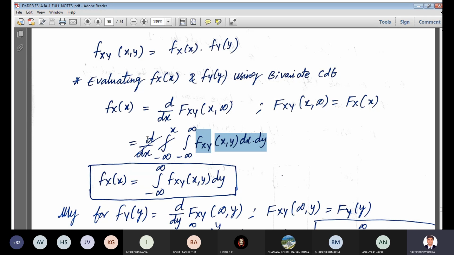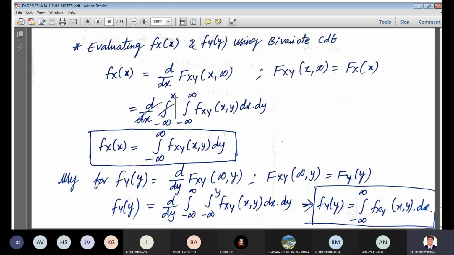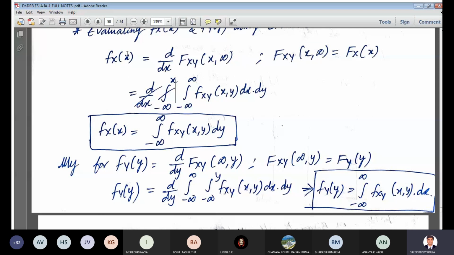Now we know d by dx here, and here also it is to f to x, so this value will get cancelled off. Then what is left here is the integral from minus infinity to infinity of f of x comma y into dy. So we need to do only the integral with dy, if you want to find for x. And similarly the reverse of it. Same, replace x by y. What are we going to get? Let us see. So f of y we are trying to see. We are trying to derive that with the x value as infinity now. The y value is y only.